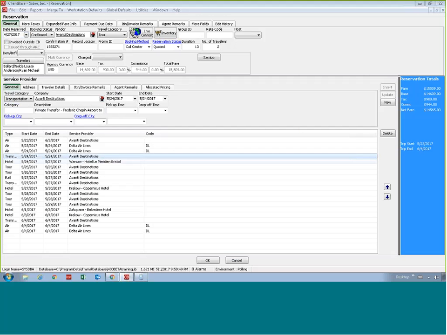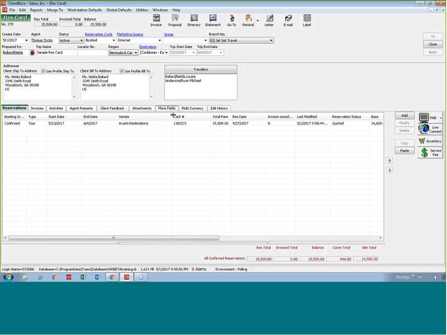Oops. I could cancel here. It copies over a ton of information for you and saves you a lot of data entry. So if you take the time to do a particularly nice job on the first reservation, you can then copy it and paste it across res cards so that you don't have to recreate the wheel. That's copying the